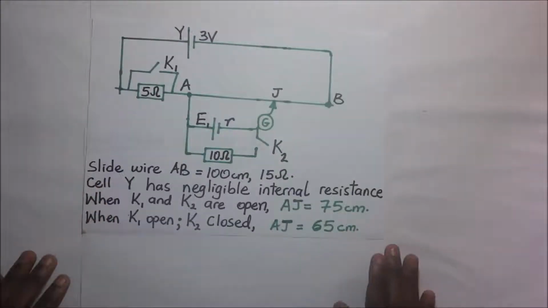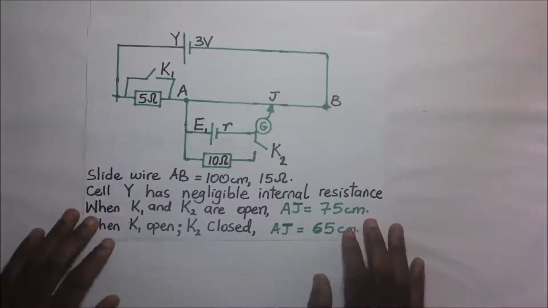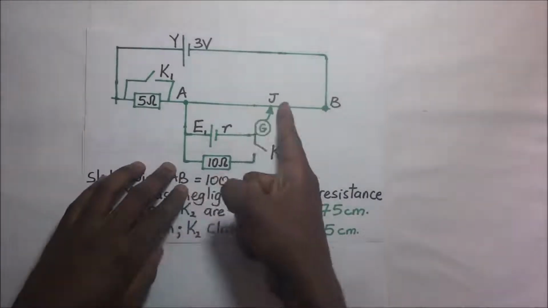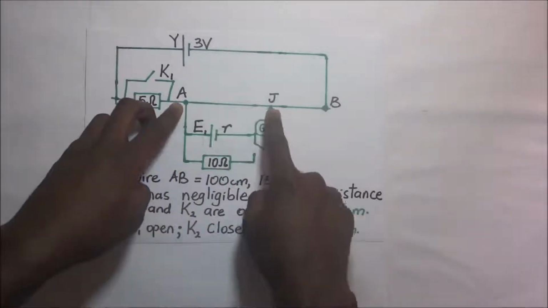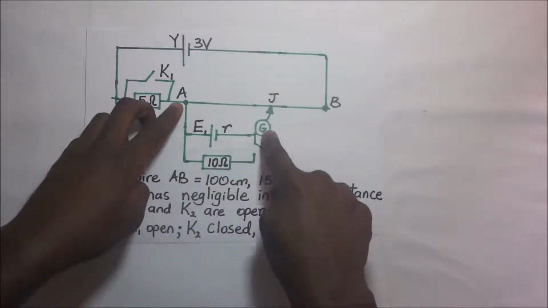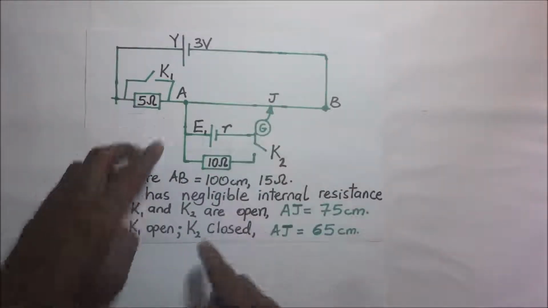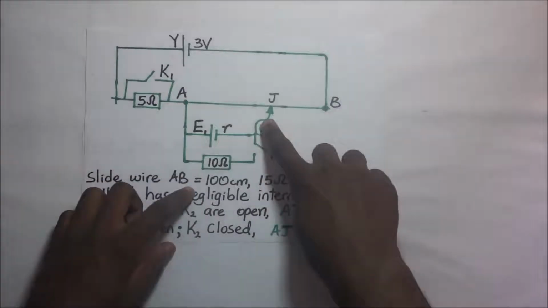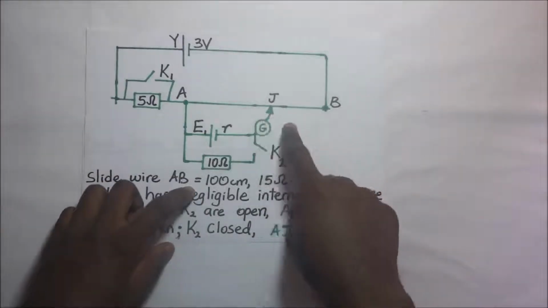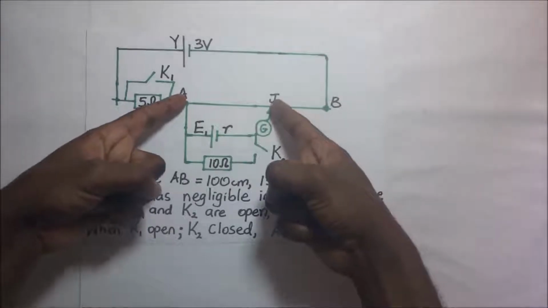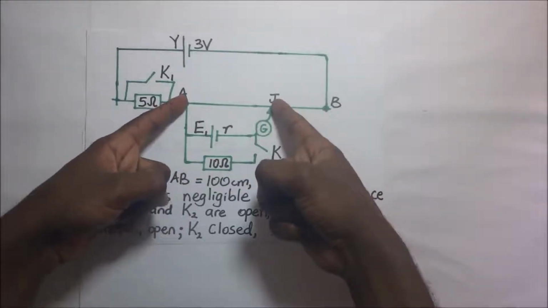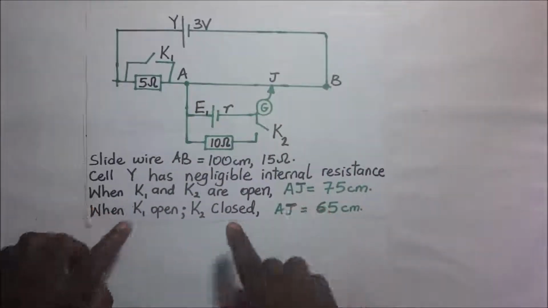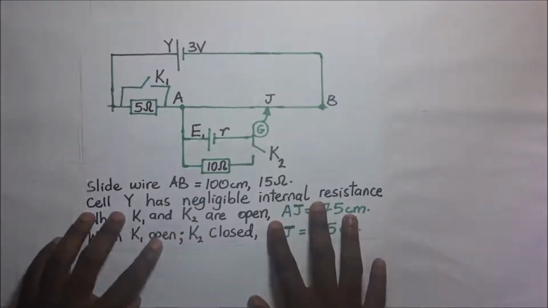Now we all know that when potentiometer circuits are connected, such as this one, when we slide this jockey along this slide wire AB, we are going to reach a point whereby the galvanometer shows no deflection, and that's the point where we attain the balance length. At balance, the potential difference across the balance length, AJ, is equal to the potential difference across everything in the secondary circuit. Now when the question tells us that K1 and K2 are open,